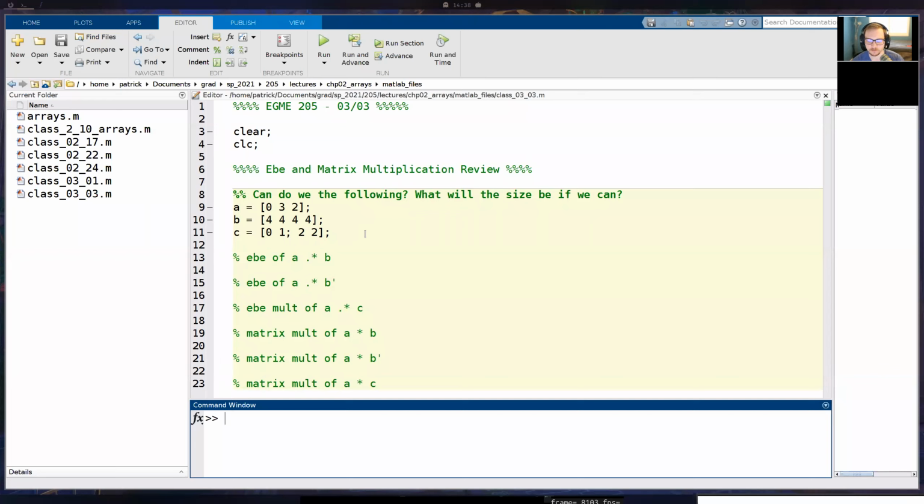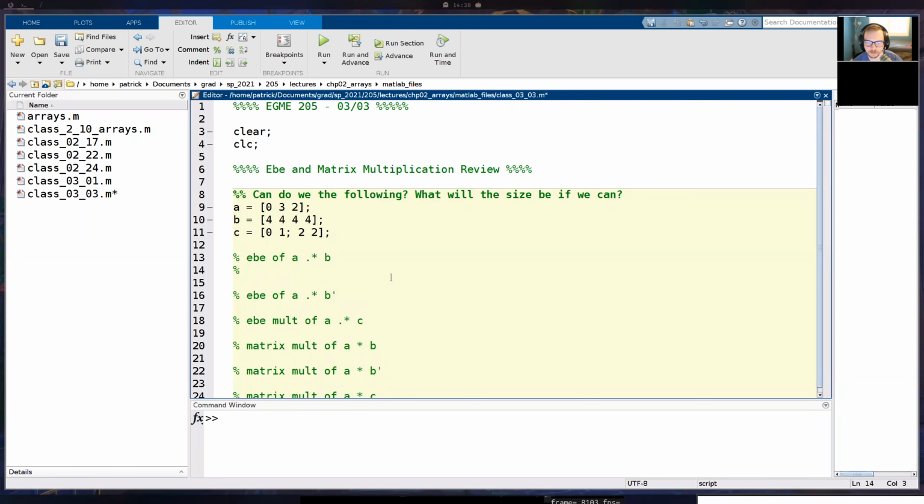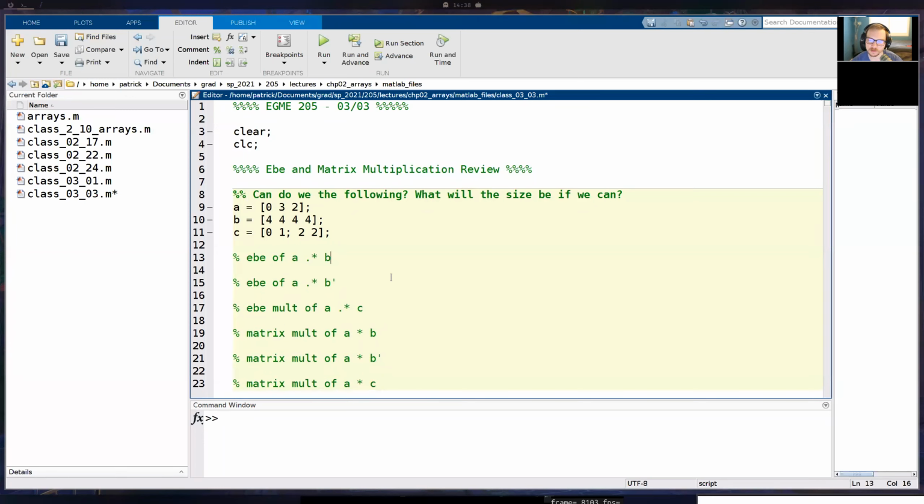Okay, so before we get started with the lecture, I want you to take a look at these two vectors that I made, A and B, and then this matrix C. It's kind of like your homework and what your quiz is going to look like. Think first on your own about whether we can do the following. You can write out a comment, yes or no, and if you can do that operation, write out the size that you think it's going to be. I'm going to give you a few minutes to work on this, because we have a few questions here. I'll give you like 5 minutes or so to work on it, and then we'll go over it as a class.